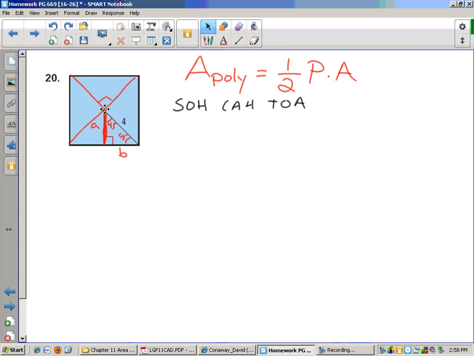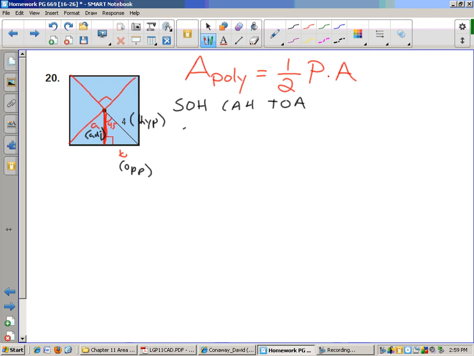Well, if we look at it, let's just call it that one right there. From 45, B is opposite, A is adjacent, and 4 is hypotenuse, right? So to find B, I could use SOH, right? To find A, I would use